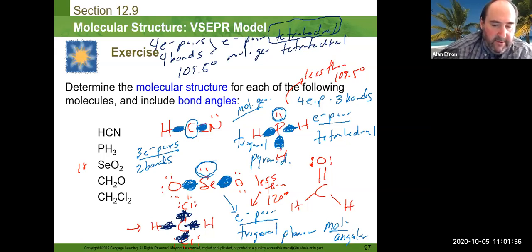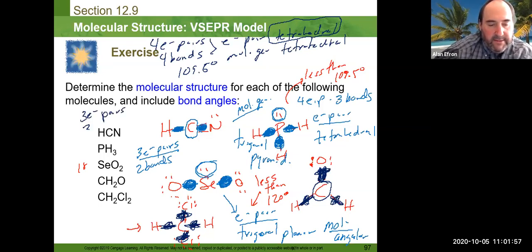And lastly here, if we look at this guy, central atom has 1 electron pair, 2 electron pairs, and again, our double bond only counts as 1, so that is 3 electron pairs. Also has 1, 2, 3 bonds. So 3 electron pairs